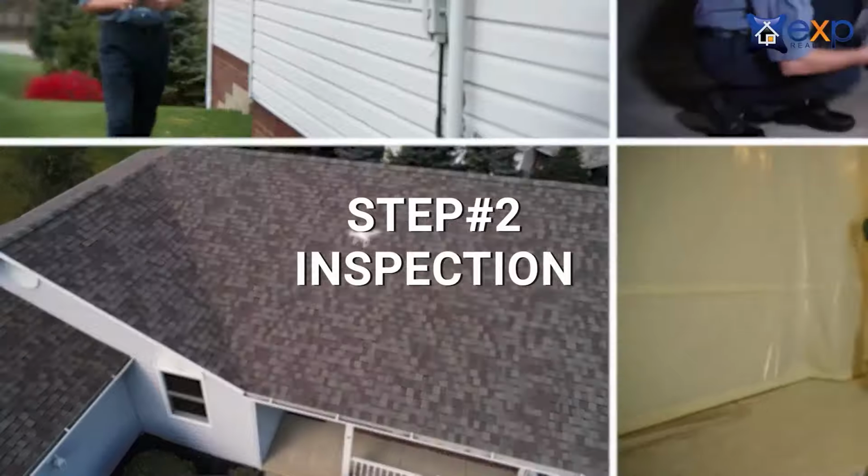So step 2, inspection. Now, in this market, a lot of buyers are waiving their home inspections, but generally in an even market, a buyer will perform a home inspection. And that is after the offer is signed, 7 to 10 days from the date of the signed offer. Once the inspection is done, negotiations may begin again, depending on the results of the inspection. So it could be a reduction in the purchase price, or it could be the seller making some repairs, or it could be nothing. But regardless of the findings, that will all be determined within that 7 to 10 day